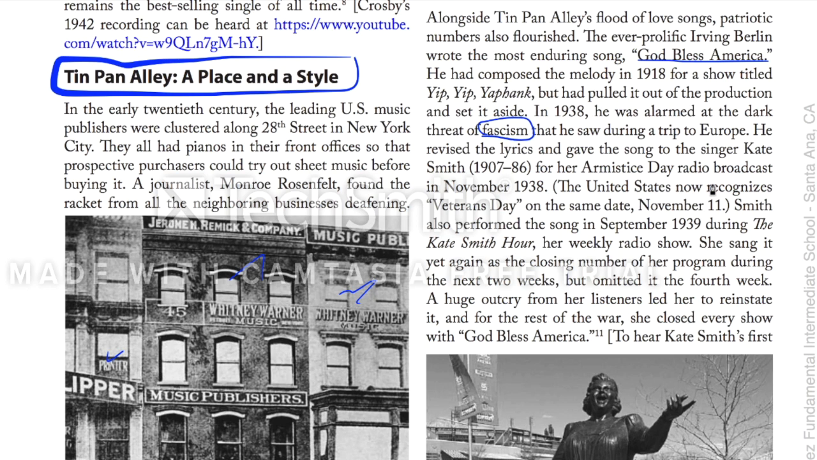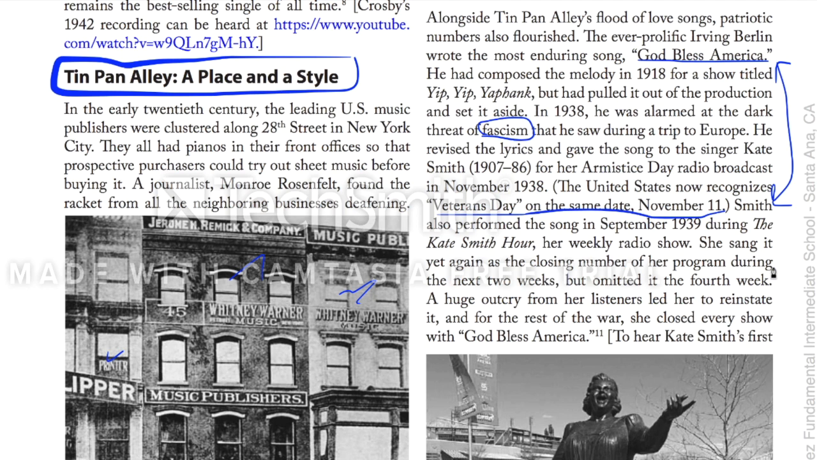He revised the lyrics and gave the song to the singer Kate Smith, 1907 to 1986, for her Armistice Day radio broadcast in November 1938. The United States now recognizes Veterans Day on the same day, November 11th. So now we can kind of see the connection between patriotism, the Veterans Day thing, Armistice Day, and this